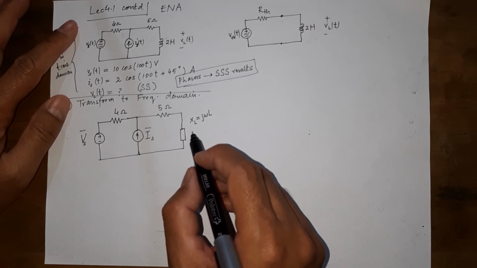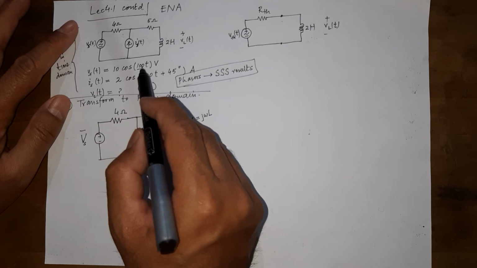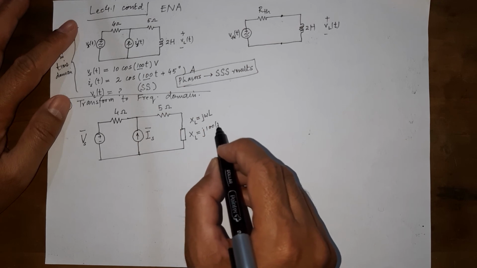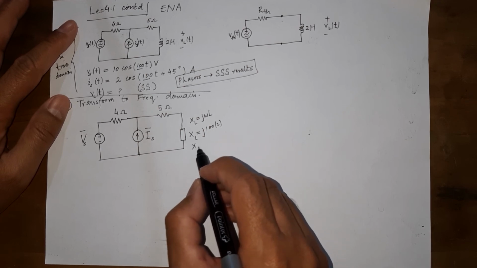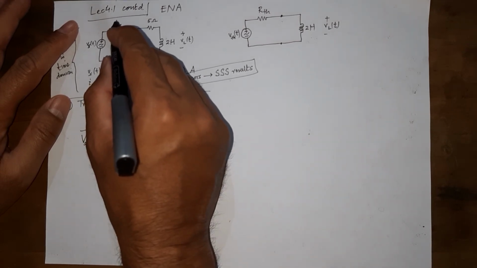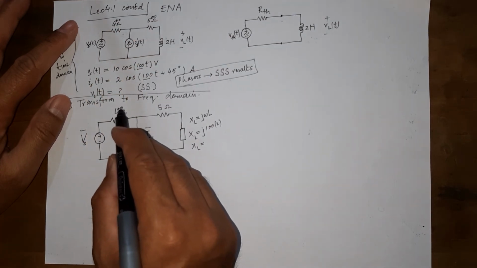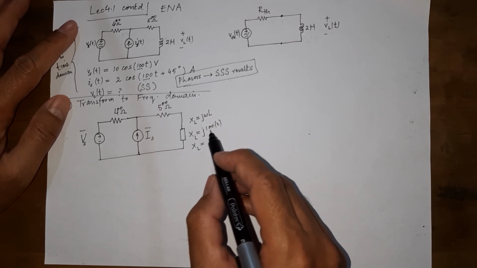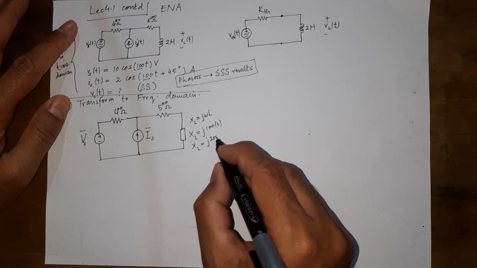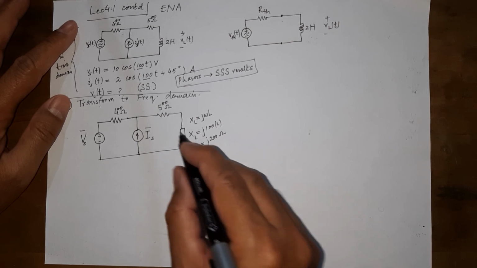So what do we get here? This XL, L is 2 Henry, omega from this question can be seen to be 100. So we are going to get j into 100 into 2, and just realizing that this would be a big value as compared to these values, let me change these values to be say 400 and 500 ohms. This is important because otherwise this would sweep these values out and you would not understand the implications. So here the inductive reactance is in ohms now. So this has been converted.